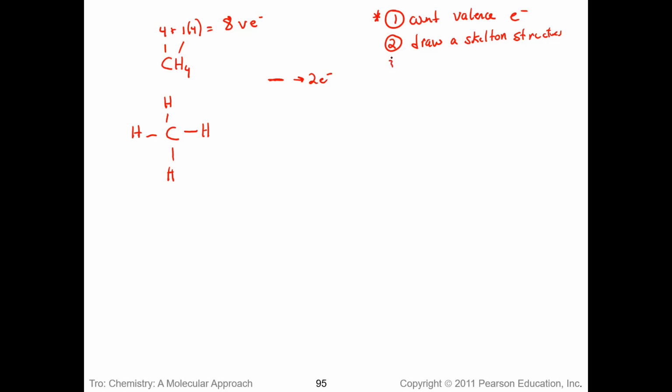So next thing is you subtract the electrons used. Remember, each bond is 2 electrons. So we've used 2, 4, 6, 8 electrons. So we subtract 8 electrons, and we have 0 electrons left. Okay, so we check again back up here. Do we still have 8? I'm going to put 4, check for